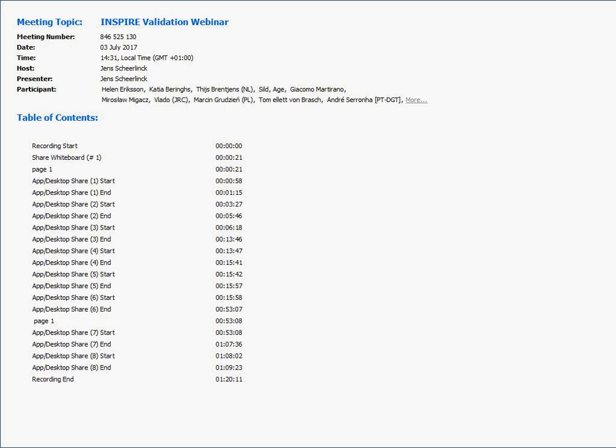And this is an important thing to note: one of the first things that we discussed with the experts in this group was that the foundation for a common validator in Inspire would need to be the technical guidelines rather than the implementing rules, which are the legal obligations, because ultimately the legal obligations can only be checked by lawyers or in front of the Court of Justice if it's coming to the question whether somebody is meeting their legal requirements or not.